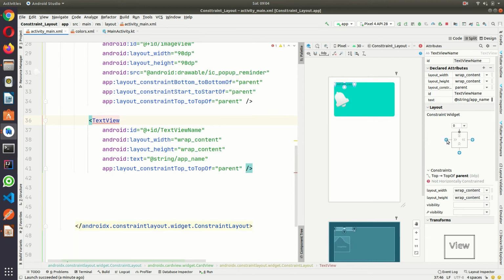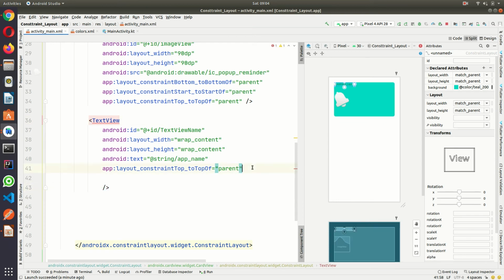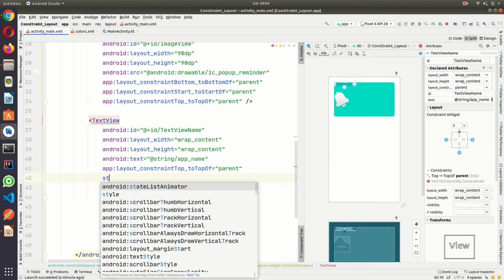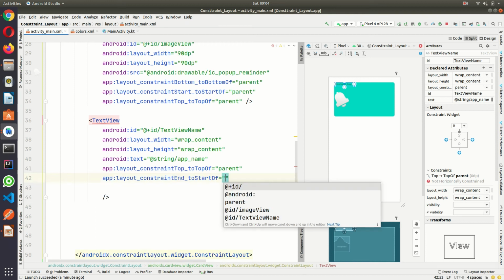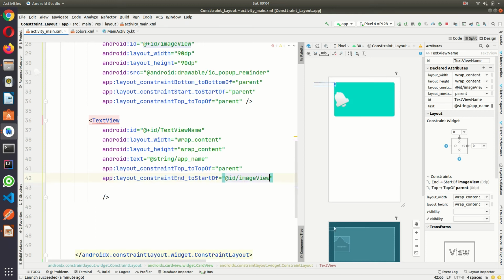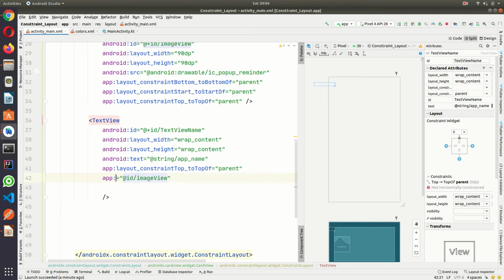So here I'll write one property, start to end of image view. I need to use start to end.